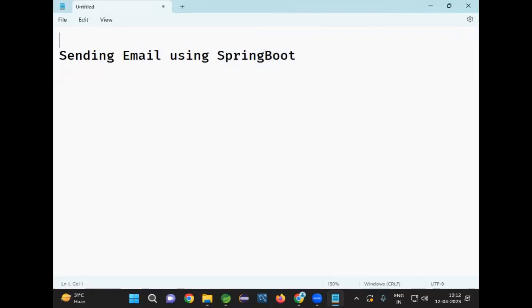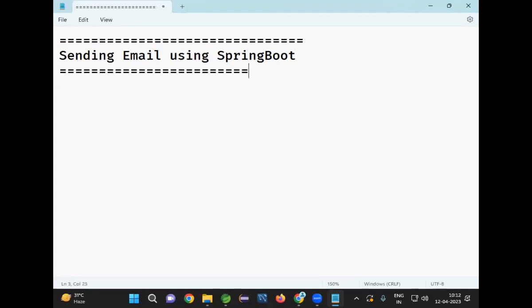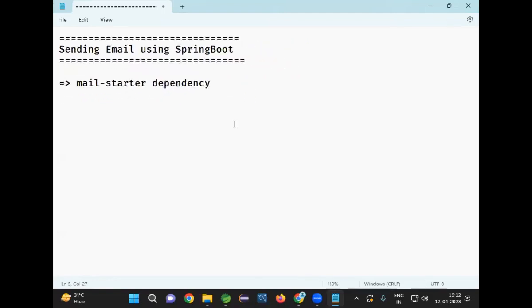The first thing is, in order to send email in Spring Boot, it provides one dependency that is called mail starter. There is a dependency called mail starter dependency available. If you want to develop email functionality in the project, first you need to add the mail starter dependency in the pom.xml file. Then after we need to configure